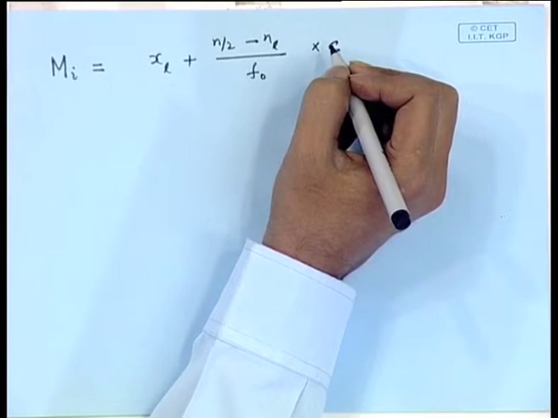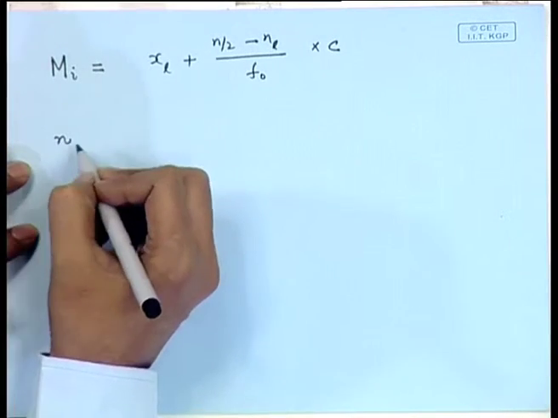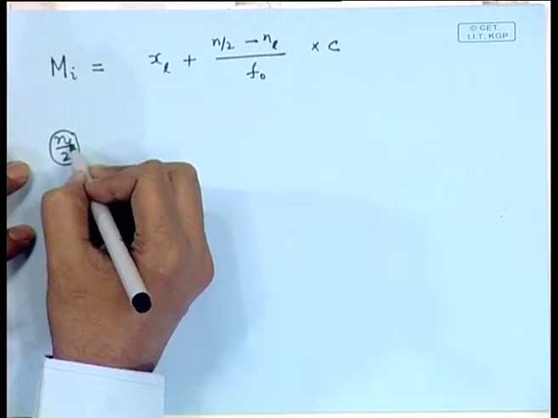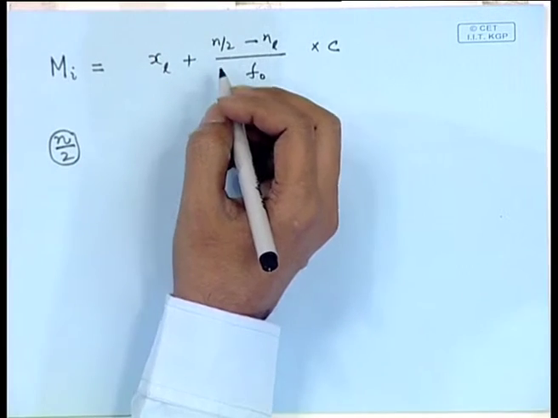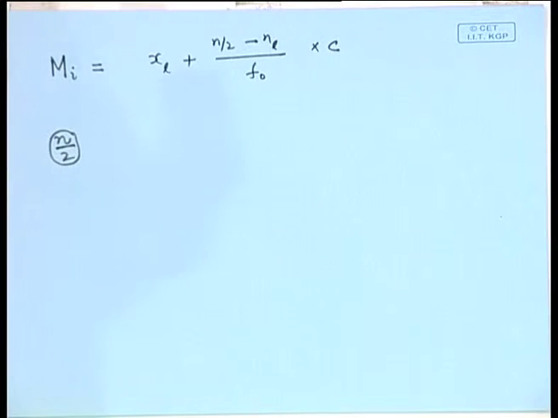So, what we do? We firstly consider the total frequency, that is n, and we consider up to which class n by 2 is coming. So, we look at the cumulative frequency table. Let me explain it through some example. So, we look at one example here.